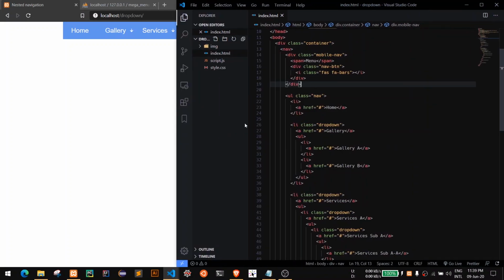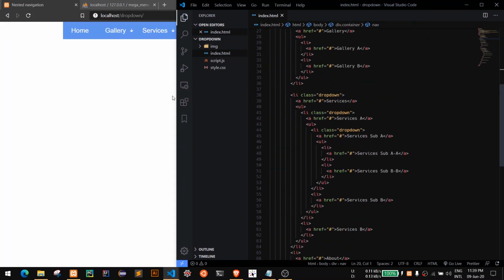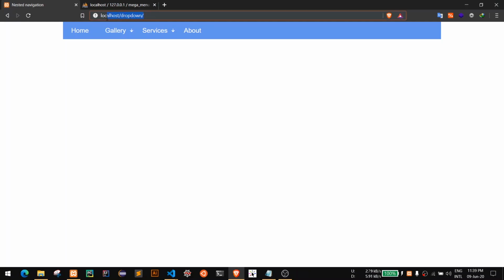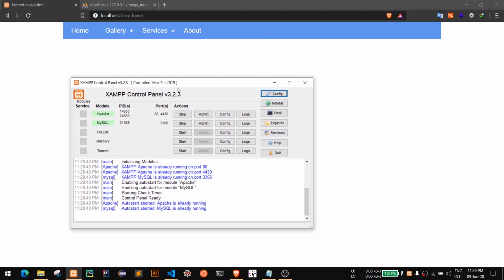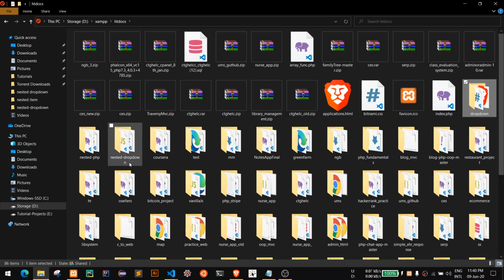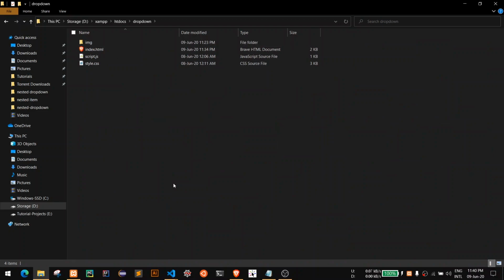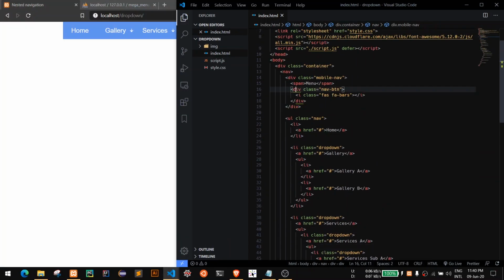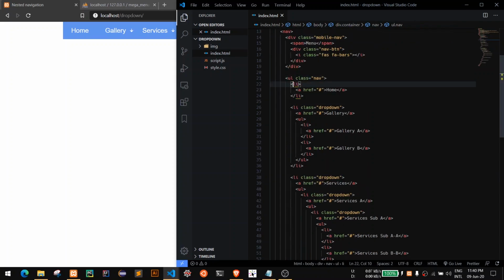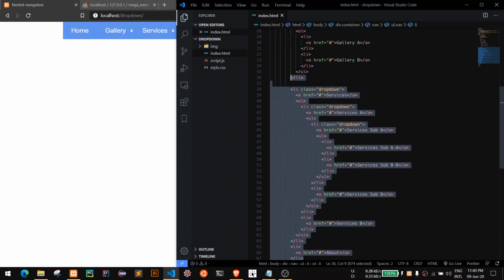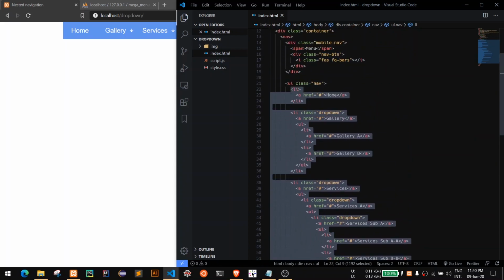So these are the files that I have created previously. I am using XAMPP to create my localhost, and I have created a folder called Dropdown, and I stored those files here. So let's open the VS Code and let me see here. Let's hide all this, the HTML, hide them, and create another